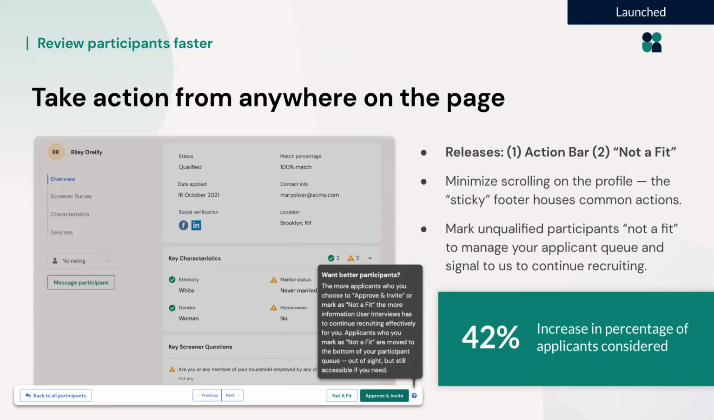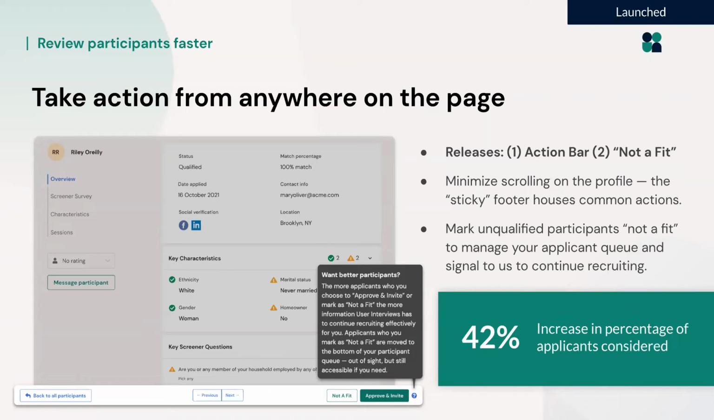So now you have a sticky bar as you scroll. So all of the actions you might want to take on the participant are just always available to you. So once you know and you've made your decision, you don't have to fumble around to find how to make that official. And then the second piece, which came out of that same sort of research,